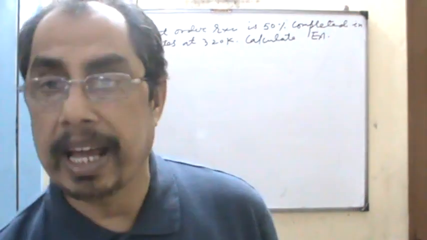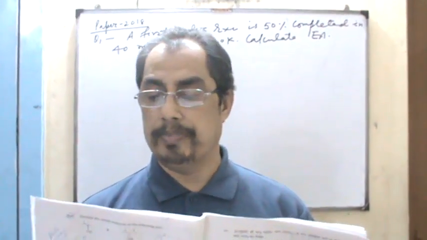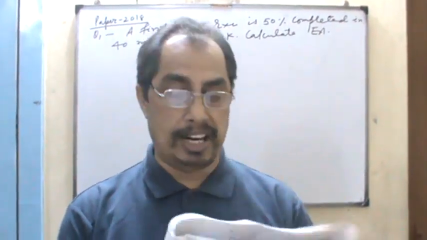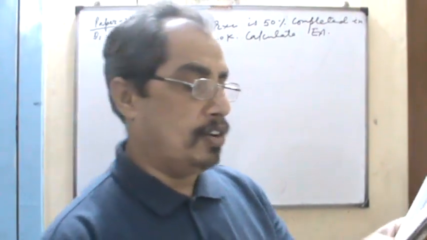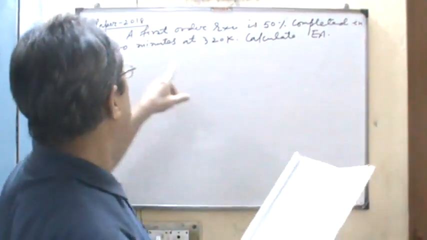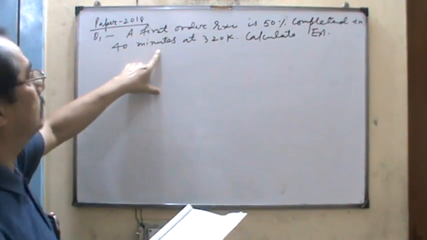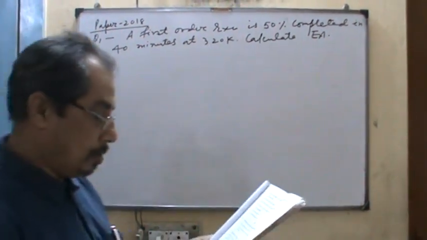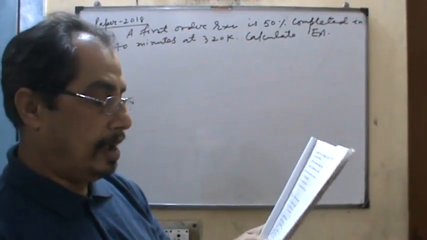So on the basis of that, we have to take a question paper. That question paper is from the 2018 CBSE paper, and one question is based on how to calculate the activation energy. Dear students, it's very easy, we just apply the formula. The question is: a first order reaction is 50% completed in 40 minutes at 300 Kelvin and